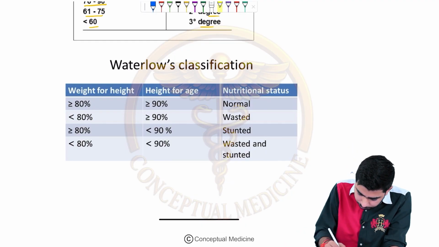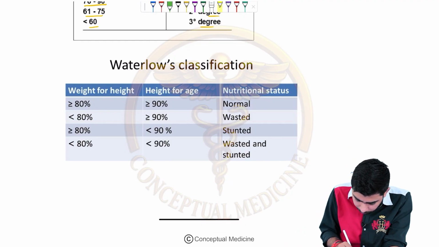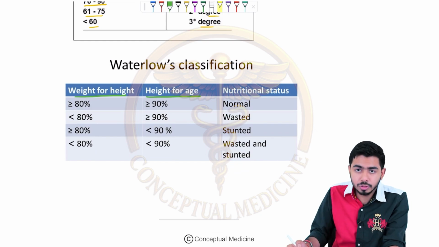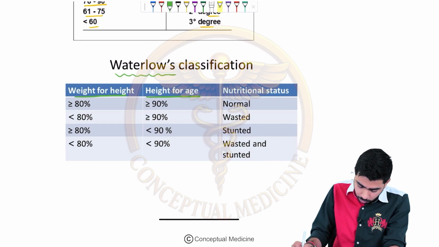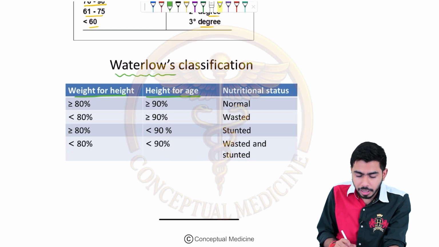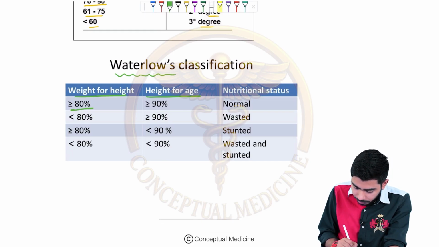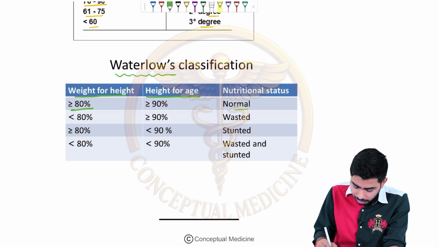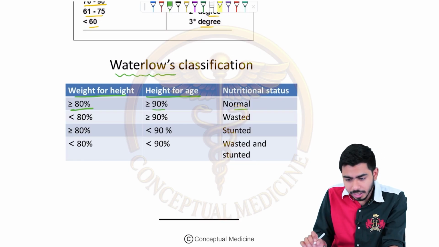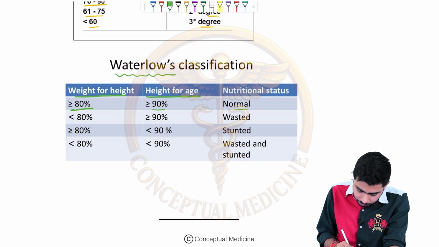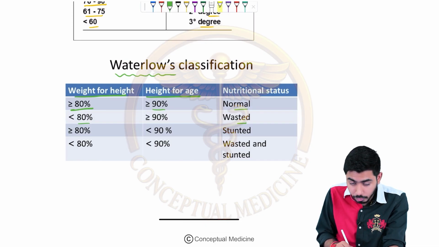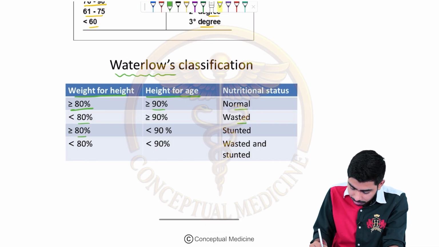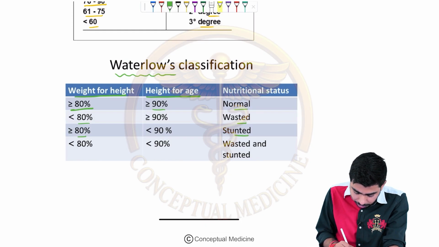So, as you can see over here, weight for height and height for age are the two parameters we are talking about in the Waterlow's classification, right? If weight for height is more than 80%, then it is normal, and if the height for age is more than 90%, then it is normal. If weight for height is less than 80%, then it is wasted. If weight for height is more than or equal to 80% and height for age is less than 90%, then it is stunted, and less than 80% again,